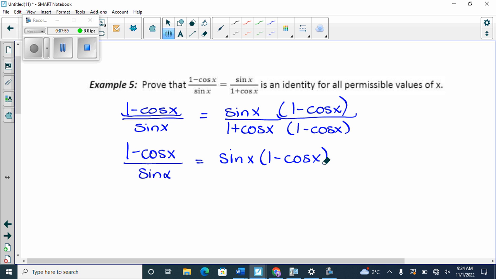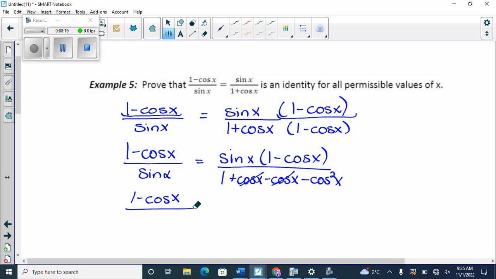And then we're going to distribute our bottom. We get 1 times 1, which is 1. I'll show the steps, but you don't have to. Plus cos x. You don't have to show the middle one. Minus cos x. Minus cos squared x. So these are going to cancel. So I'm going to get 1 minus cos x